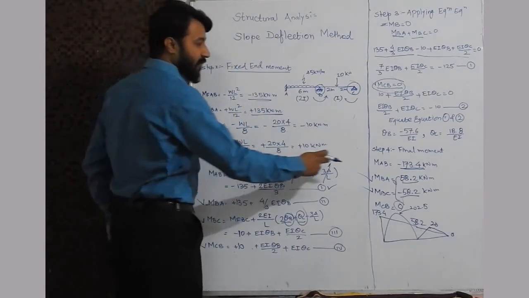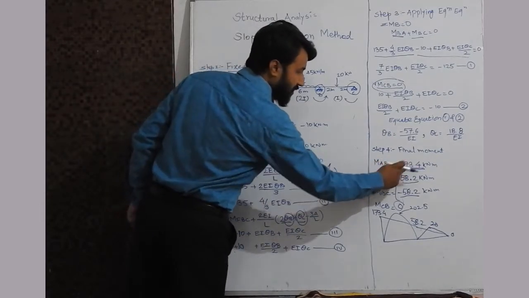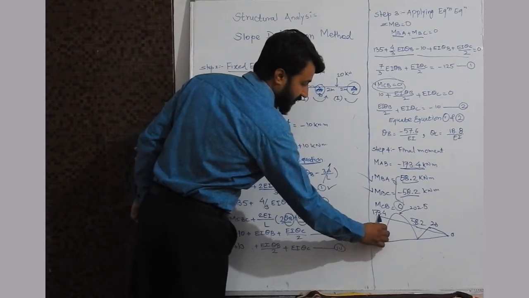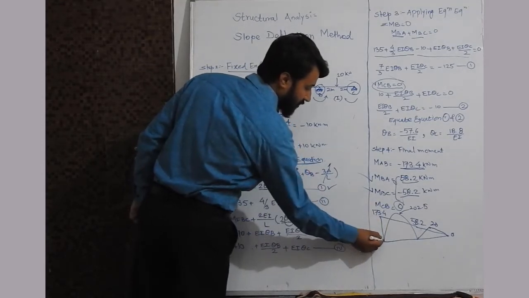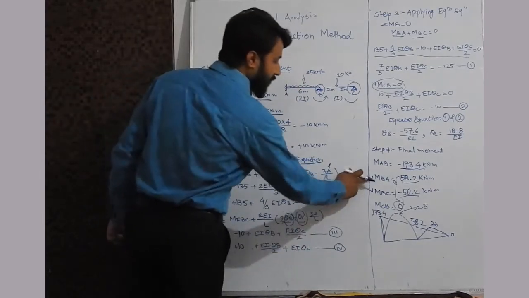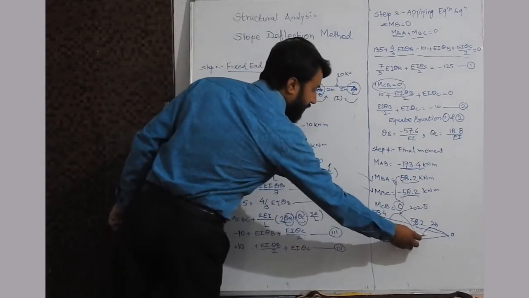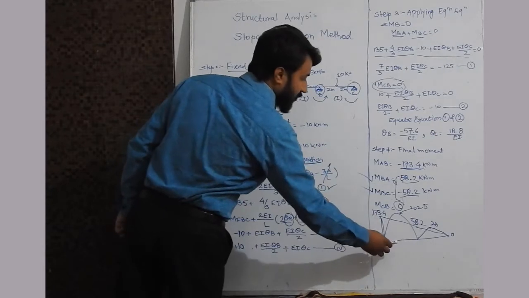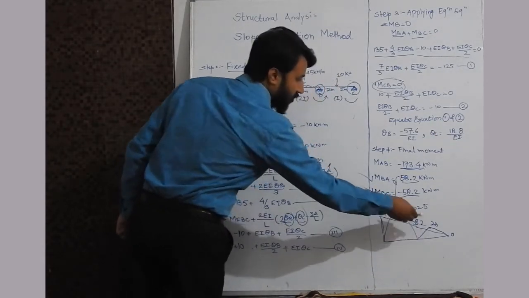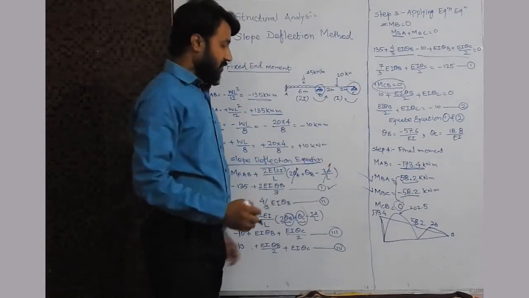So we know moment MAB is minus 173.4. So we will put the pin at A towards the B direction. We will rotate it in the anti-clockwise direction, so we will draw this above the line. Okay, so this is 173.4. Now the second, MBA, is 58.2. So we will keep the pin on B towards the A direction and we will rotate in the clockwise direction as the sign is positive. So this will be 58.2.